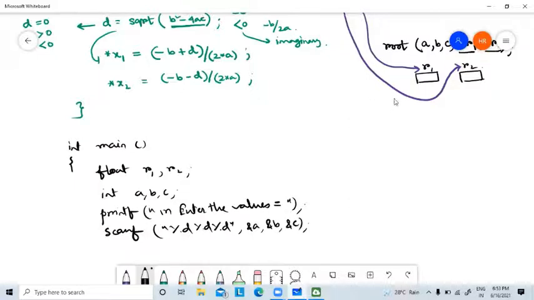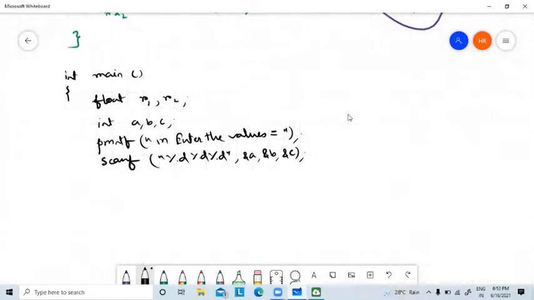This is pretty simple. You know that you have to take this. Then you have to call the function root a comma b comma c.